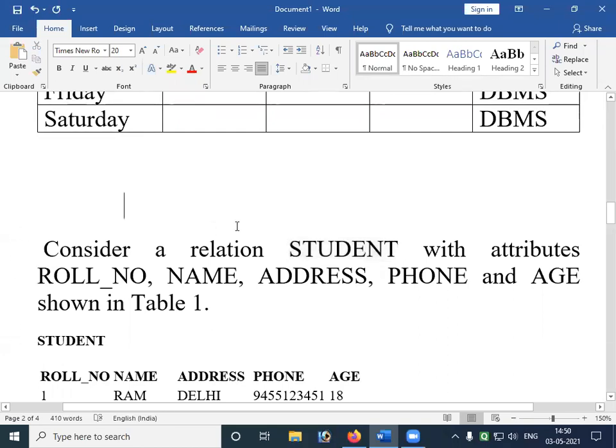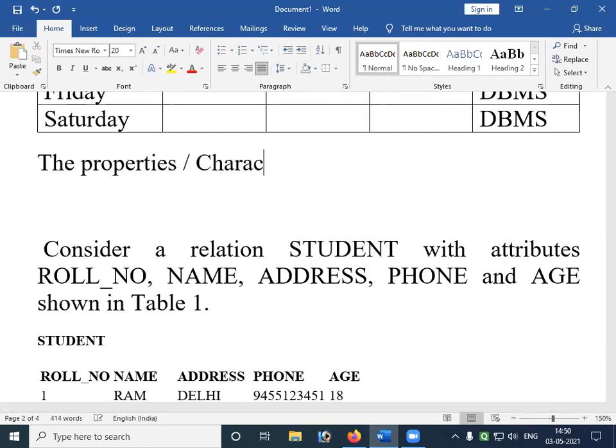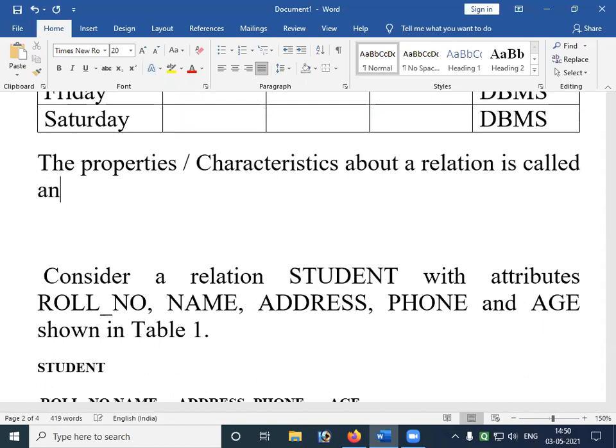My dear friends, the properties or characteristics about a relation are called an attribute. There may be any number of attributes